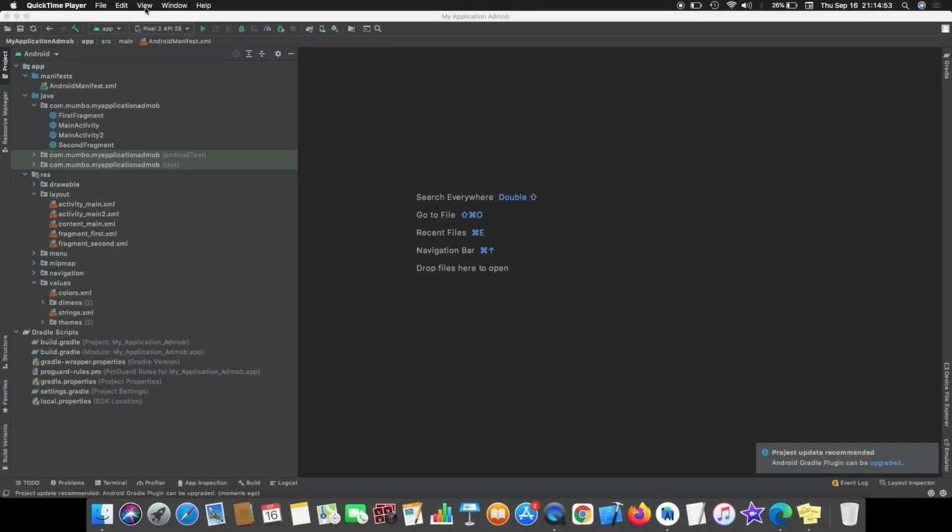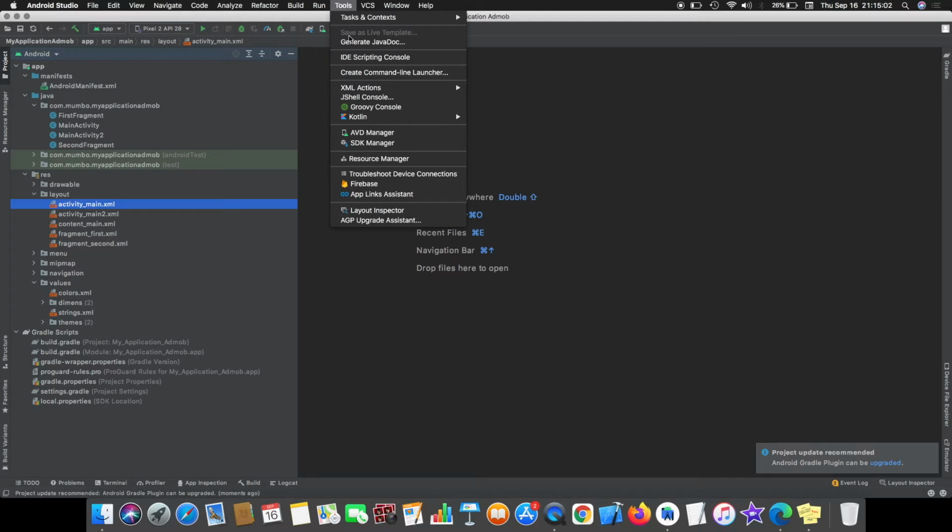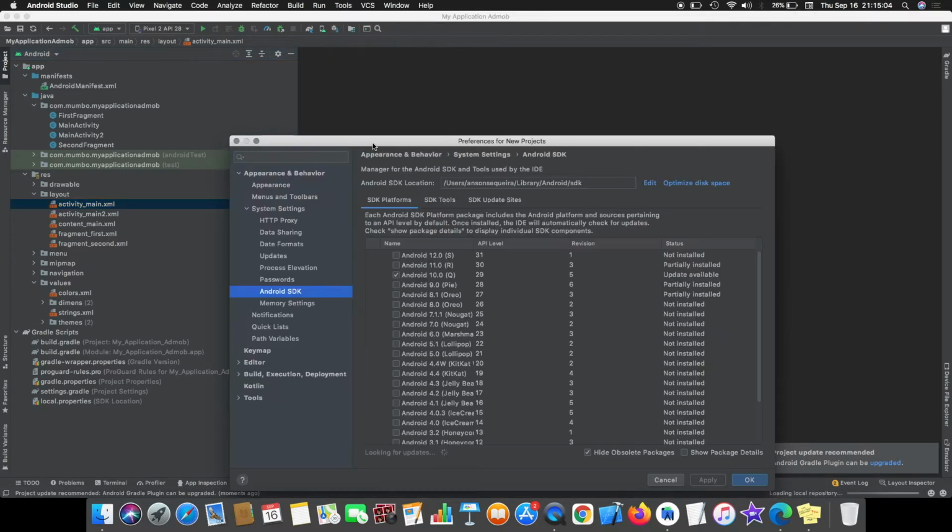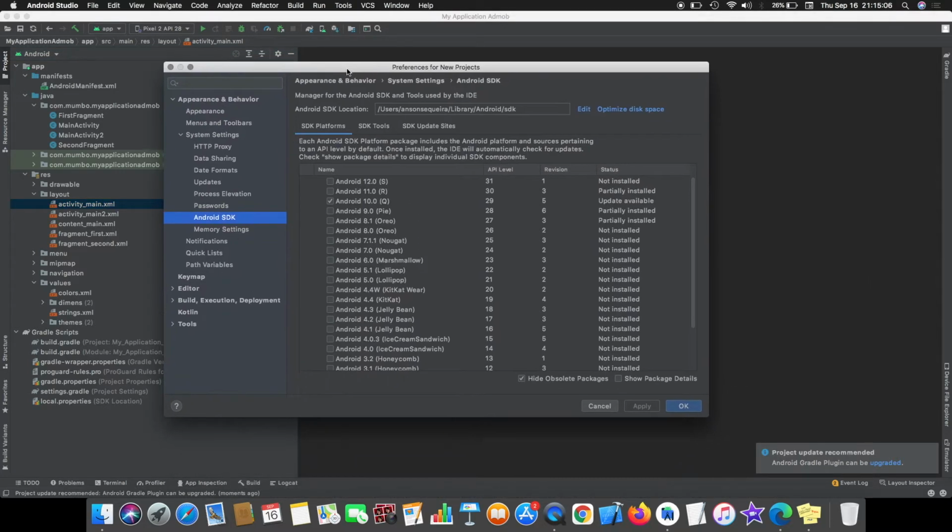Now open Android Studio, go to the Tools menu. You can see the Tools menu at the top. Go to Tools menu and select SDK Manager. Now here you can see your SDK location and all the SDK platforms you have downloaded.